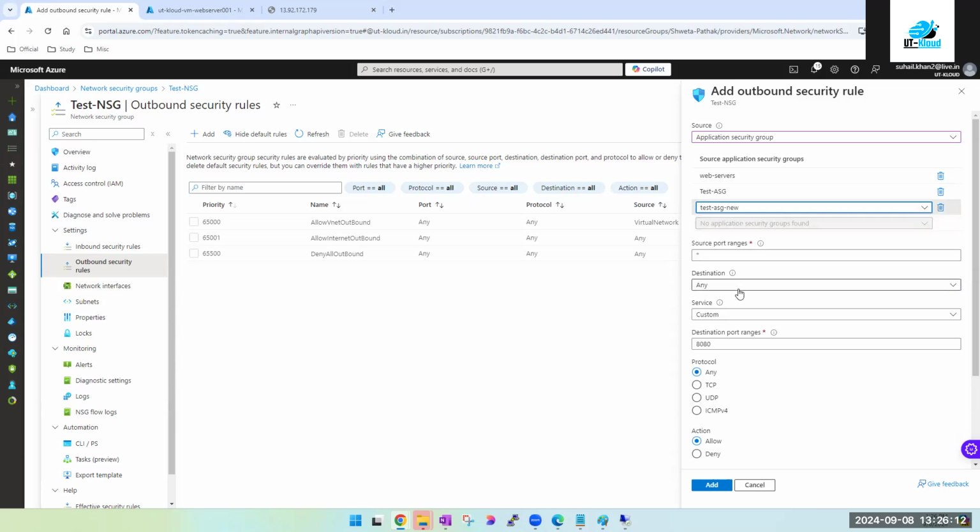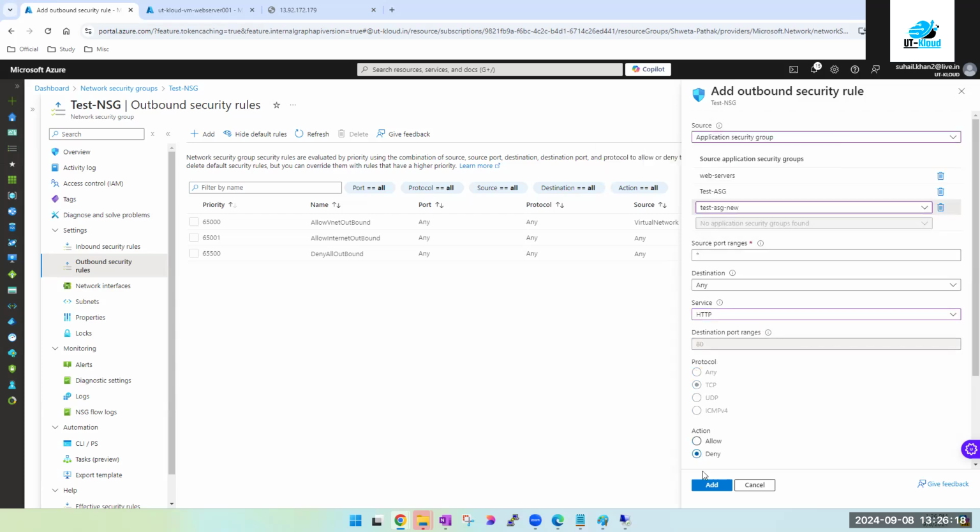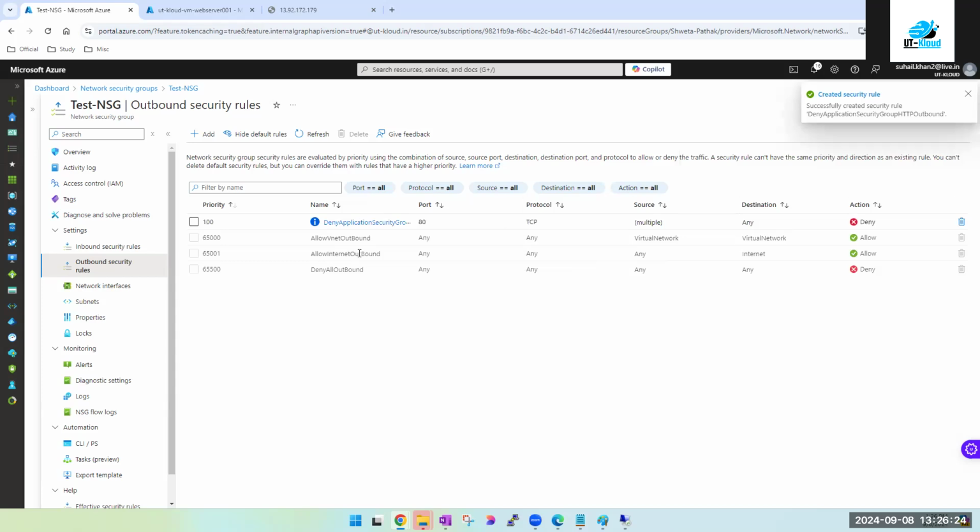Source port range की जरूरत नहीं है मुझको, destination any is fine. Which traffic I want to block? Internet, block. Simple. So all the machines which will have this application security group will not be able to access the internet.